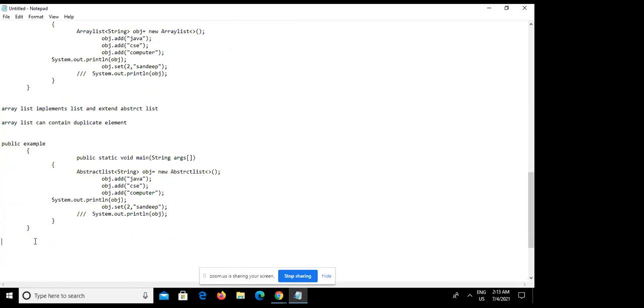Everyone knows, these are the interview questions. Array list is a class, list is an interface, abstract list is a class. But iterator is an interface. Those who are very new are very confused about what an interface is, sir. I don't know what is interface, what is class. Yes, basically this is a very advanced class, so you may be confused about interface and class.